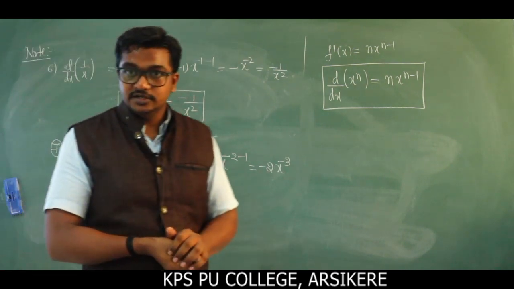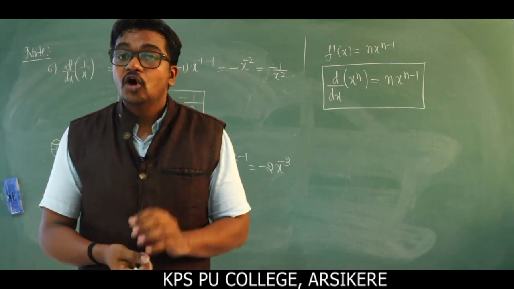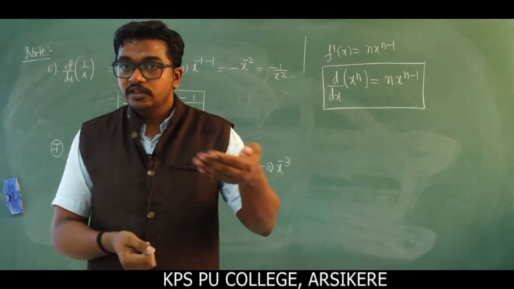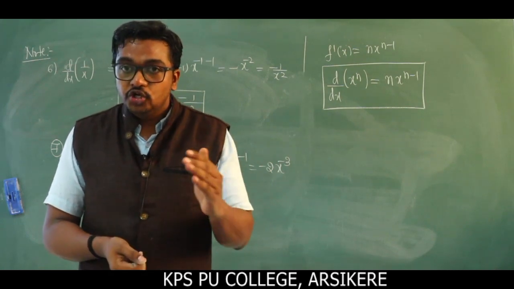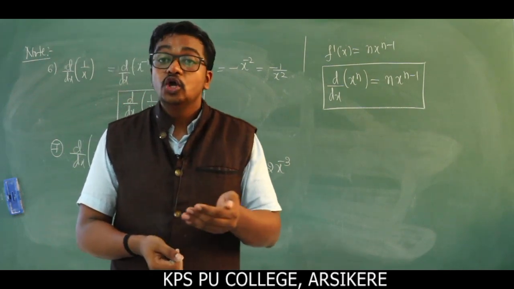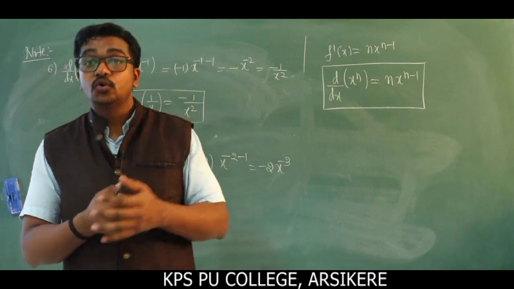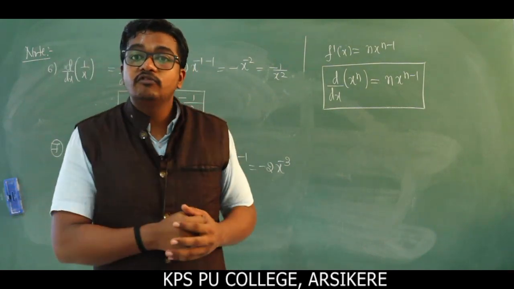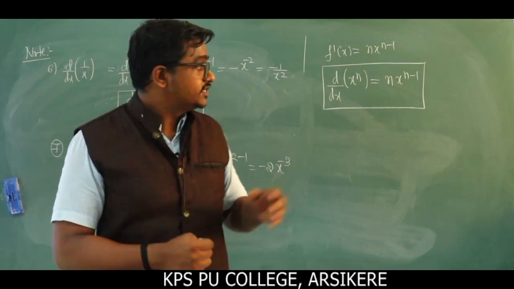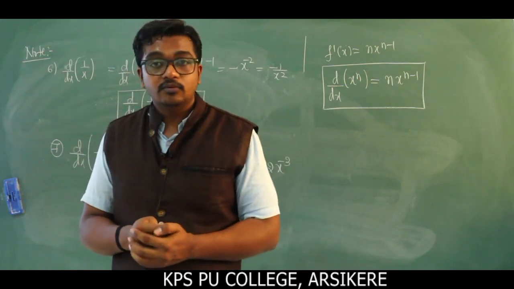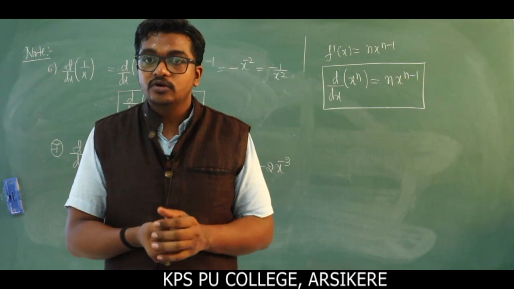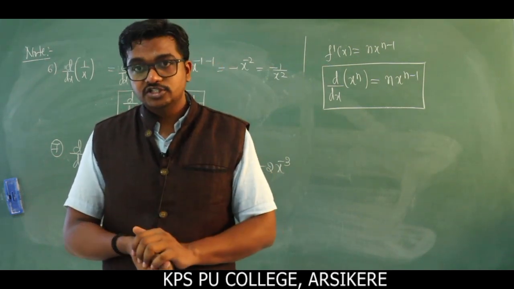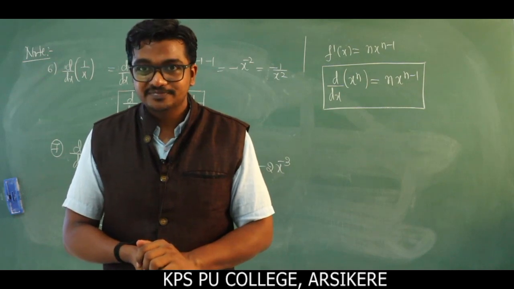Dear children, so far we had a discussion on the algebra of functions. Properties 3 and 4 are the most important ones: the UV rule, and the U by V rule or quotient rule, and the product rule. And the formula for the derivative of x power n is n into x power n minus 1. They are the most important ones. Next class I am going to discuss derivatives of polynomial functions and related problems. Thank you all.